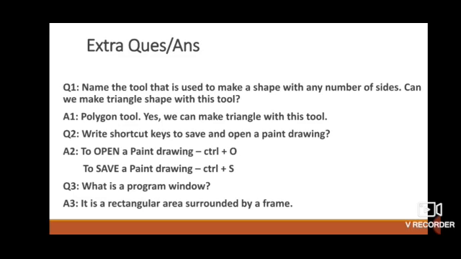Now some extra question answers. This also you will do in your notebooks. Name the tool that is used to make a shape with any number of sides. Can we make a triangle shape with this tool? So the answer is polygon tool. Yes, we can make a triangle with this tool.